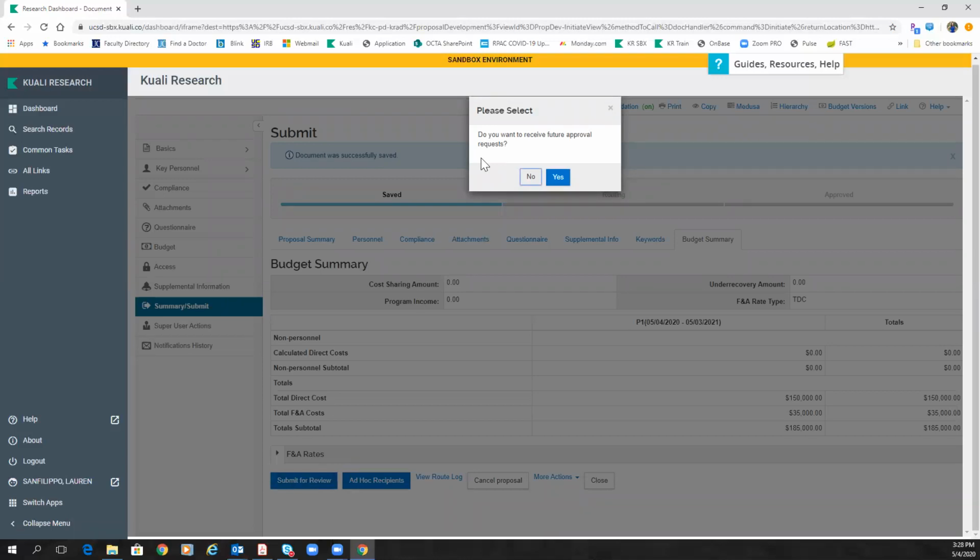You're going to get this question: do you want to receive future approval requests? This isn't going to apply to most proposal aggregators. If you were added as an additional, for example, if you were a DBO who was submitting a proposal in Kuali and there were also critical criteria selected as part of the proposal, meaning either the PI required a PI exception or there was new space being used, and you were required to be included in the approval routing as a result,